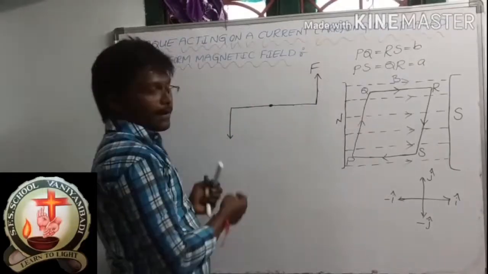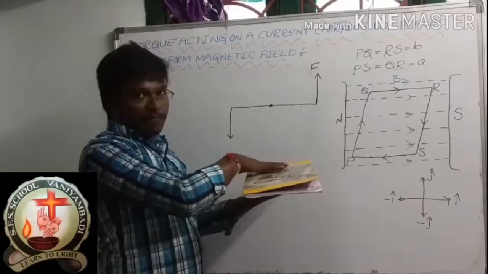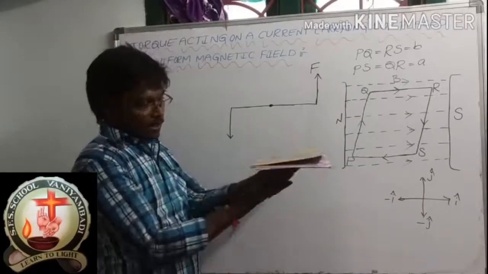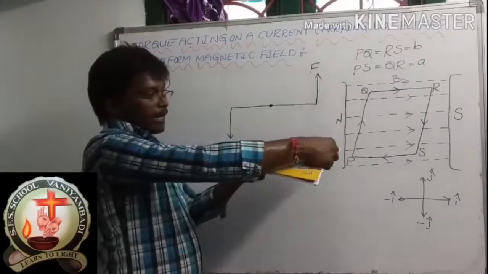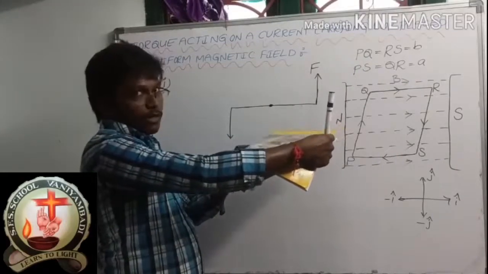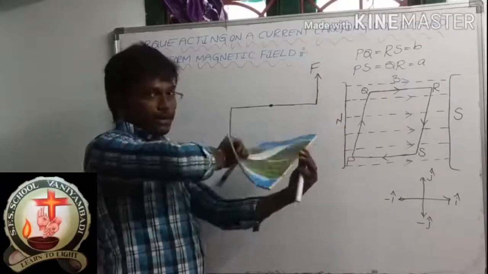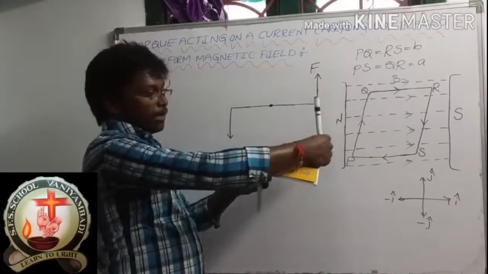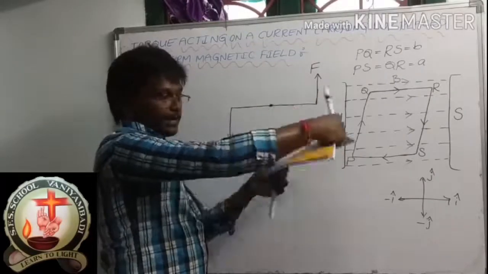Then what is the area direction? We have two areas. This is the surface area and this is the surface area. Okay. So, I already told you one force is acting here upward, one force is acting downward. Then the loop is rotating like this. Correct. So in what direction is it rotating? This side, downside it is rotating. Correct.